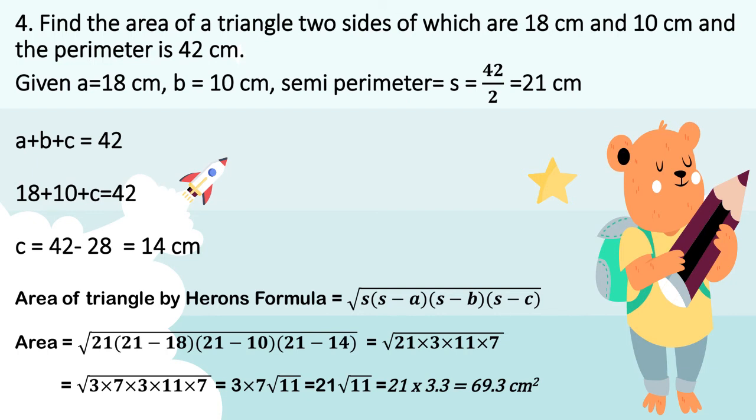See, now in these questions you can see somewhere I am having under root 3, somewhere under root 2, somewhere under root 11. That is why I am saying you need to learn under root values up to 20, because it will be easy for you all and the calculation will be faster. So I'll multiply 21 cross 3.3. The answer is 69.3 centimeters square. You can leave the question over here as 21 under root 11 centimeters square. If you don't remember the value of under root 11, you can leave it over here also.